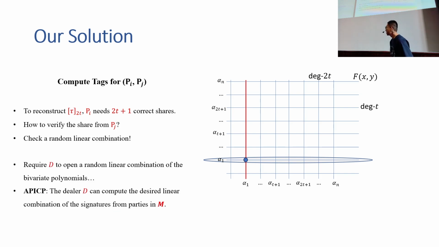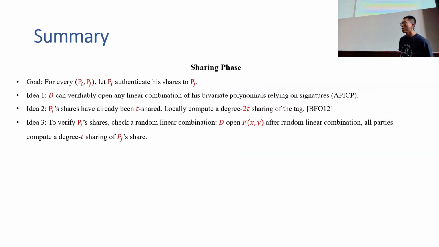So, of course, this requires that the dealer needs to be able to open a random linear combination. And this is the place where we extend ASAP, which, just recall, is used for the signature. We extend that so that the dealer can actually open some linear combination of his polynomials. Okay, so for a quick summary, during the sharing phase, our goal is to let every party Pi and